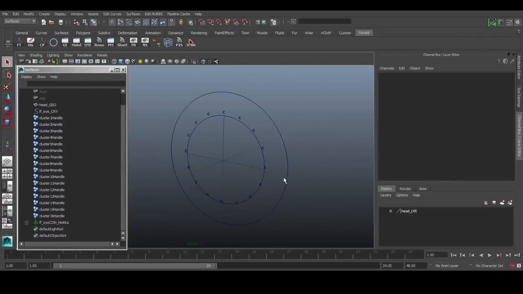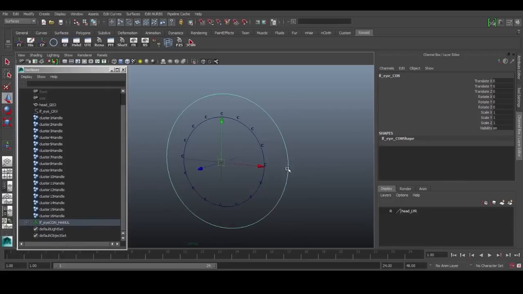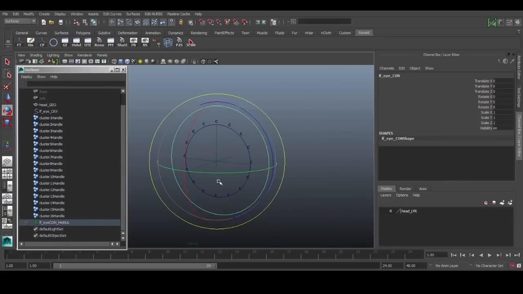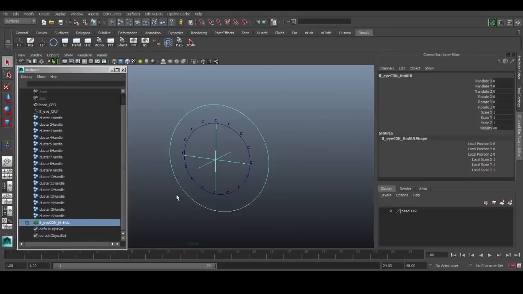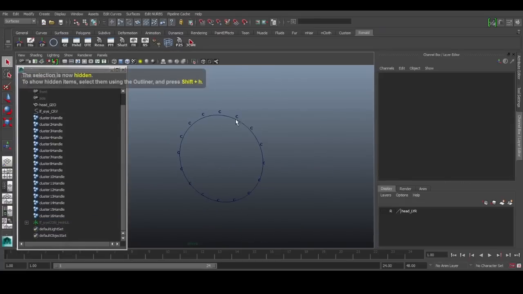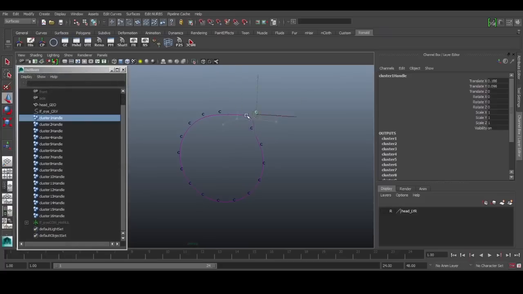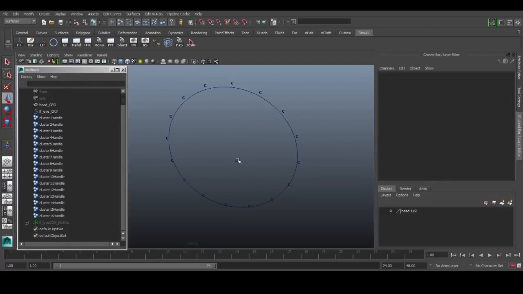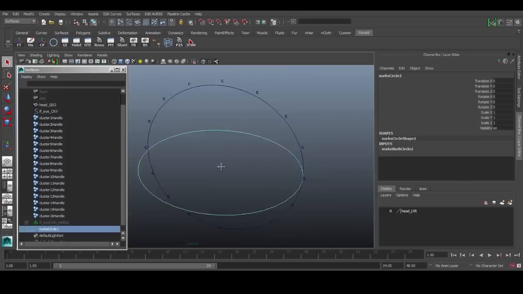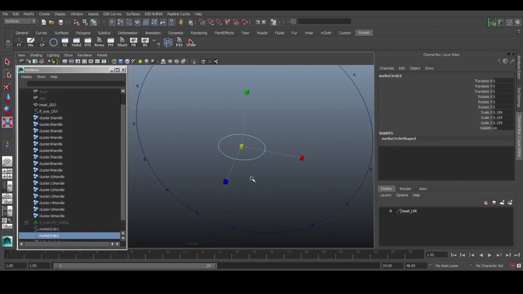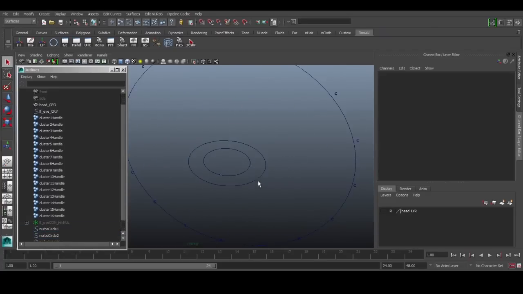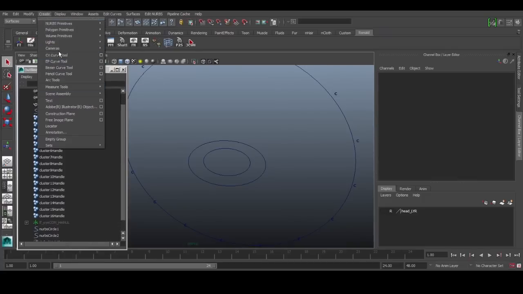So up to this stage, we have our eye controller that does nothing now, and our locator here. So we can hide that for now, and then we'll set up some controls to control the cluster, which in turn controls our curves. So we want to set up a simple, small little setup here. We'll get a NURBS circle, scale it down, duplicate it and scale it slightly bigger, and then create a locator.